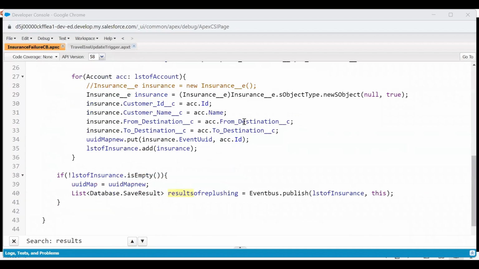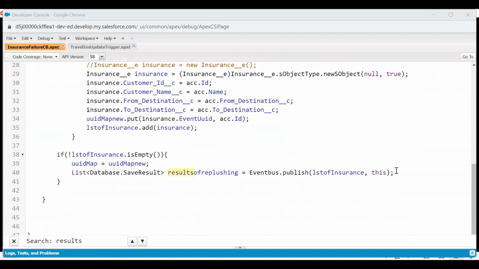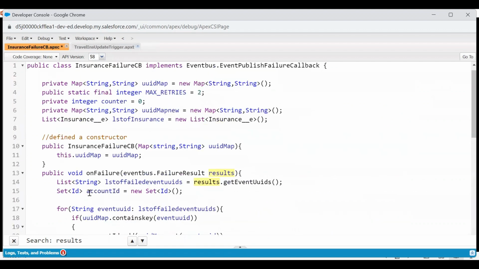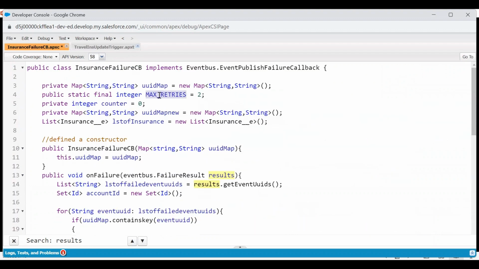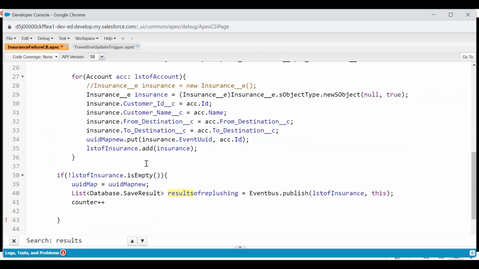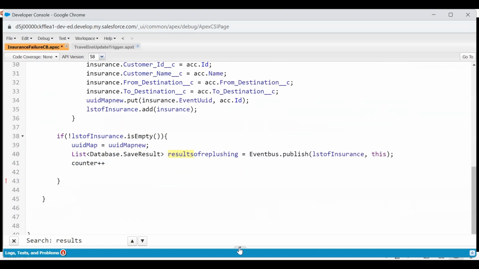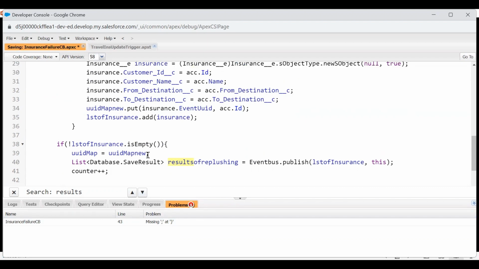Okay, so now we have completed this part of the code wherein we discuss how to republish an event message. There's one more thing which we have missed, which is about incrementing the counter, counter++, right? And this entire loop should actually be enclosed in the max retry. Like if the counter is less than max retry, that is when this entire loop should run. But I'll keep that logic as it is for now, since I've explained to you the significance of this. Right. Okay. So going back,